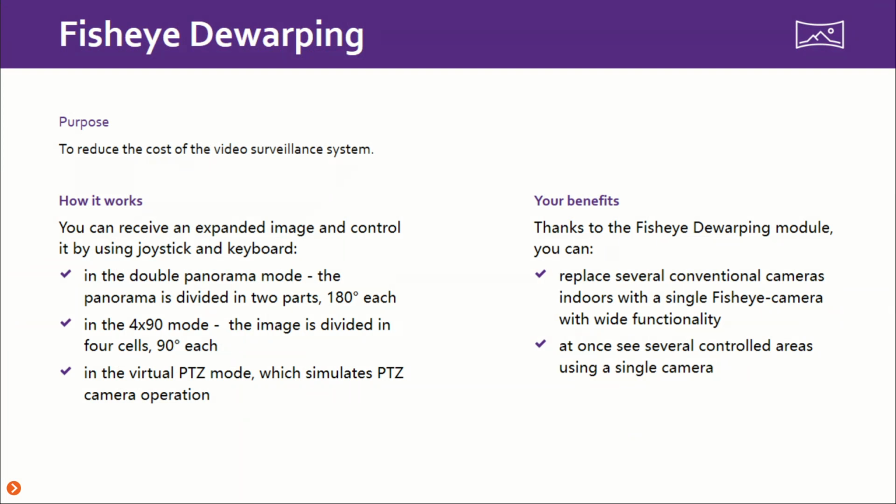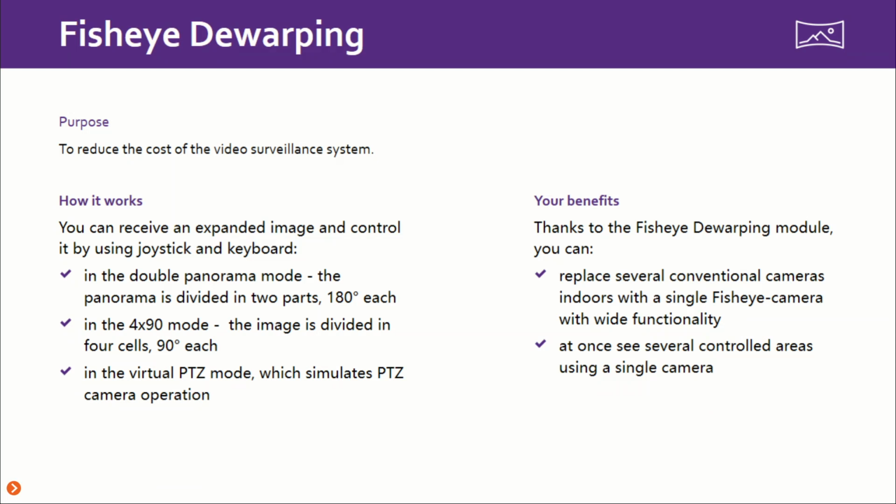Fisheye dewarping is very much popular as it covers a large area and provides dewarped image coming from fisheye cameras. Now, fisheye cameras are very useful as they cover really large space, but it is not convenient for humans to look at the spherical image coming from these streams. We have developed a solution for that. Dewarping will be carried out by the server. Once that has been done, you can view dewarped image in real time as well as in archive.